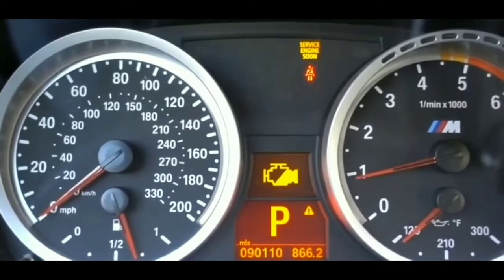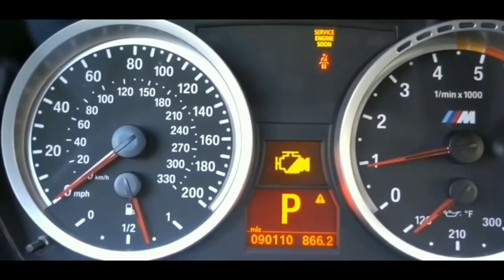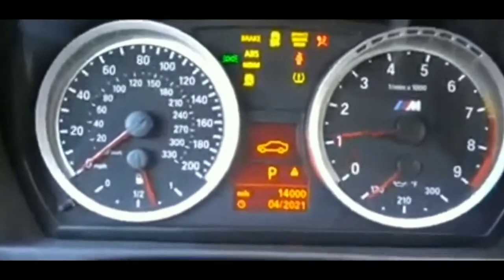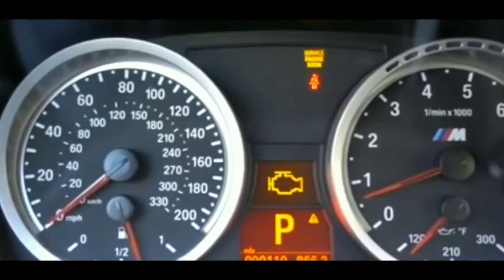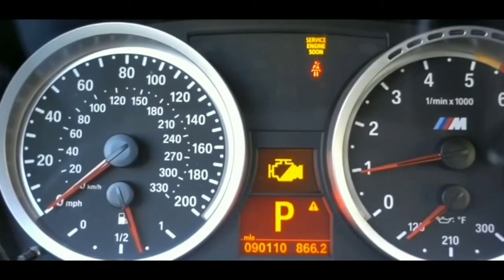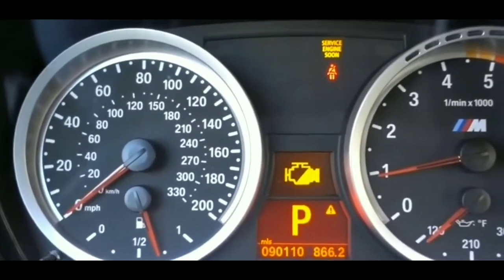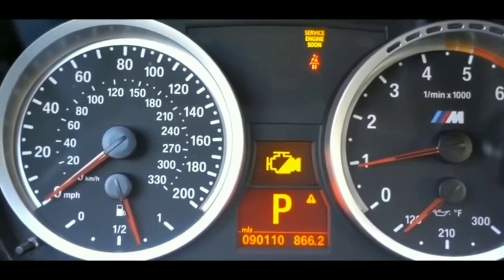Now, you can go to one of these AutoZones, Advance Autos, probably Pep Boys. I'm not sure. They have OBD-II scanners. Here's the thing with them. All right, it's free. They'll pop it in, read the codes, scan it. However, they won't delete the codes for you. As far as I know, I think it's a law that they can't delete the code